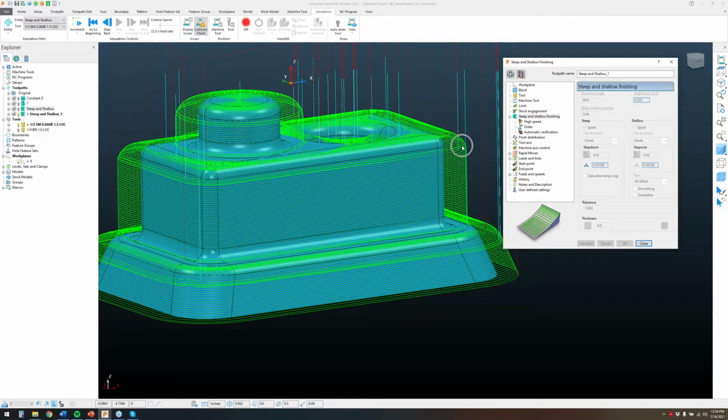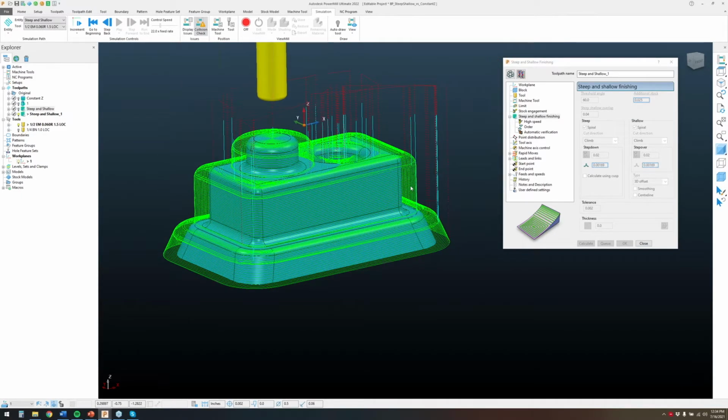And you can see that overlap adjusts a little bit towards the more bottom of that fillet. You'll be able to see this more if we actually change the shallow step over. So the cool thing about the steep and shallow finishing is since you can define the steep and shallow regions